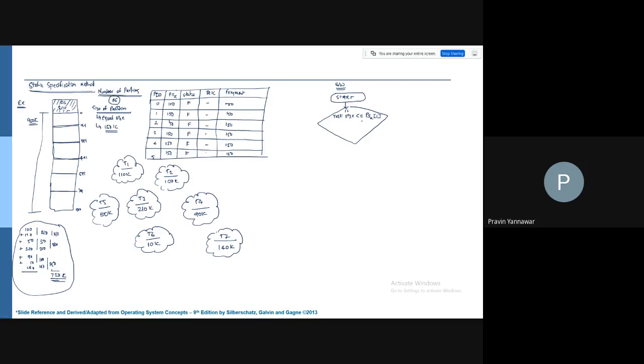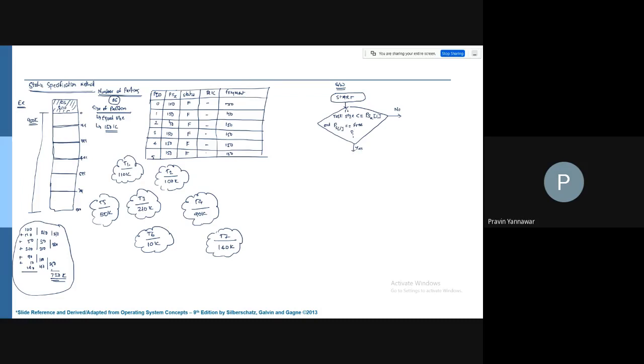So the task size is less than the partition size, and the partition status of the particular i is equal to free. If the task size is less than or equal to the size of the partition and the partition status is free, then yes; otherwise no.